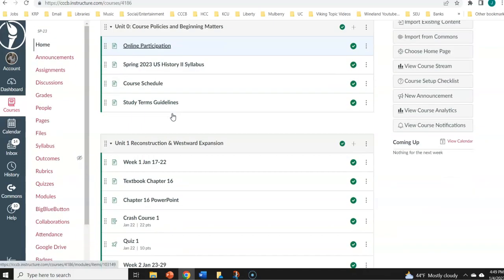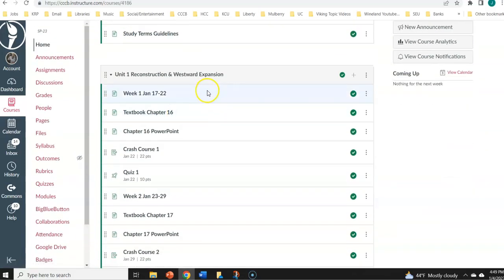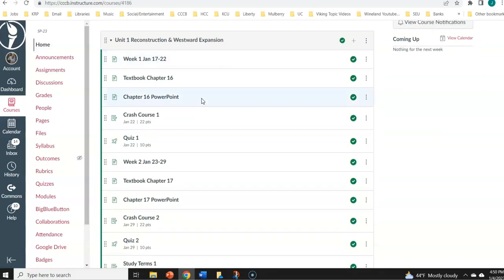So let's just talk about the first week, the first unit. Reconstruction and the westward expansion. So after the Civil War, we have Reconstruction, then the move westward. So week 1, that's this week, January 17th through the 22nd. Read the textbook, chapter 16. Look at the PowerPoint on chapter 16. I will be giving you a lecture on chapter 16, so you'll want to look at that and listen to that, take notes. Then do crash course 1, quiz 1. That's going to get you through quiz 1. By the time you get to week 2,